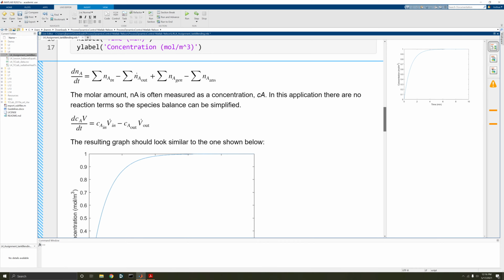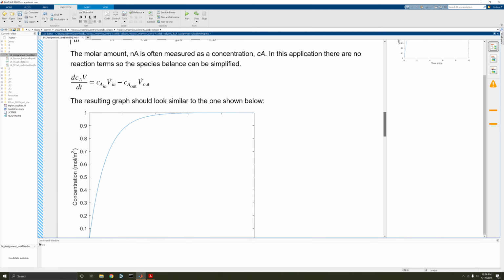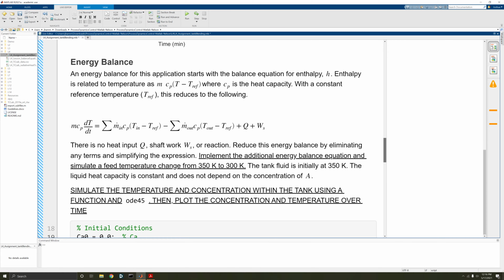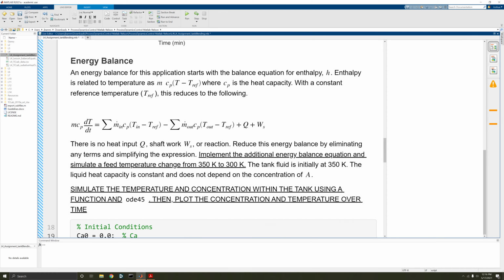So here we have what that graph should look like and some hints as you're doing that the first time. Hopefully you looked at those rather than the video first. And here we have our energy balance. So our goal here is to implement this additional energy balance equation and simulate a feed temperature change from 350 degrees to 300 degrees. So initially we have an initial temperature of 350 degrees Kelvin, and the heat capacity does not